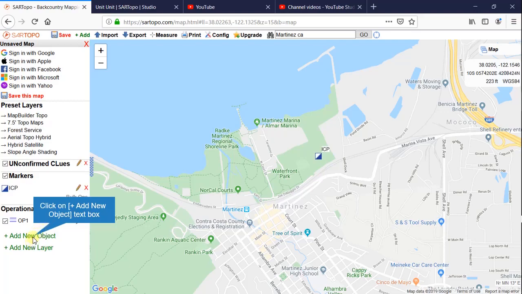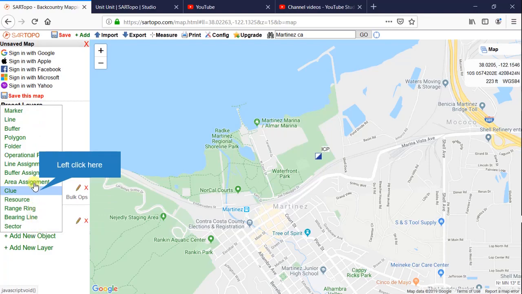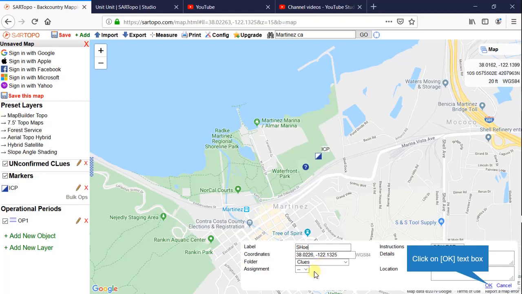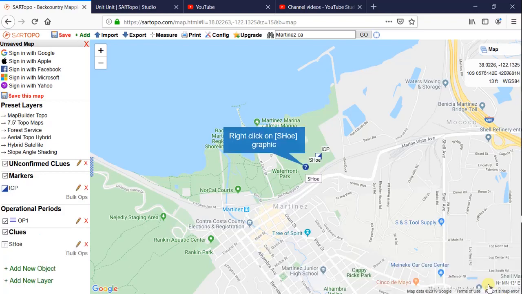This time I'll add a new object from this side. Clicking here. I'm not going to do line assignment, buffer assignment, or area assignment, but I will add, for example, a clue. So a clue, we're going to call it shoe. It's going to be in the clue, and automatically it's adding it in the center of the screen, so we're getting this latitude, longitude. I'm going to accept that for right now, and we can see the clue marker right here in the middle